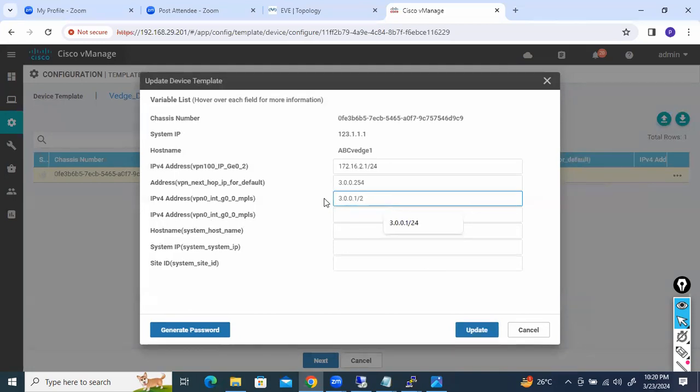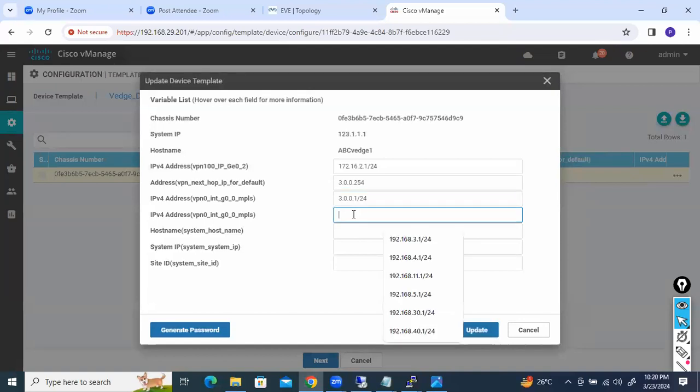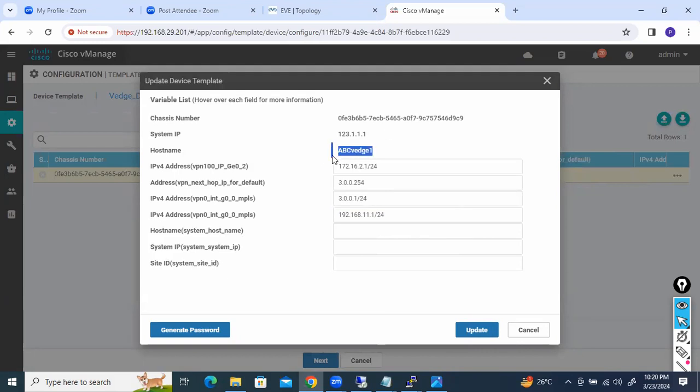3.0.0.1/24. It's a G0/0. What should be the IP address? 192.168.11.1/24. Host name, you can copy from here only. System IP. Site ID is